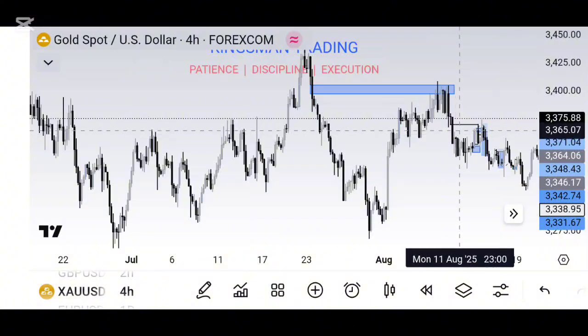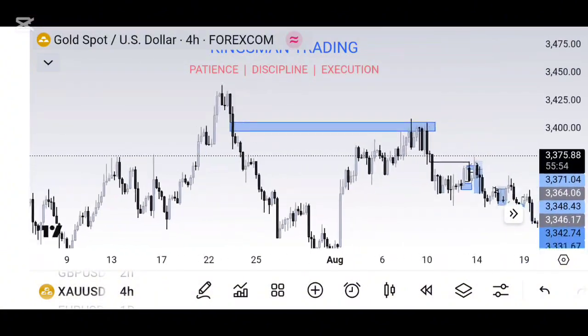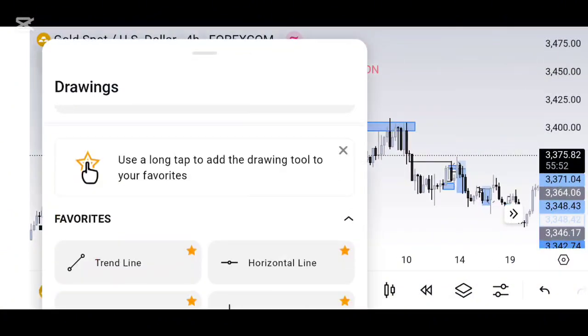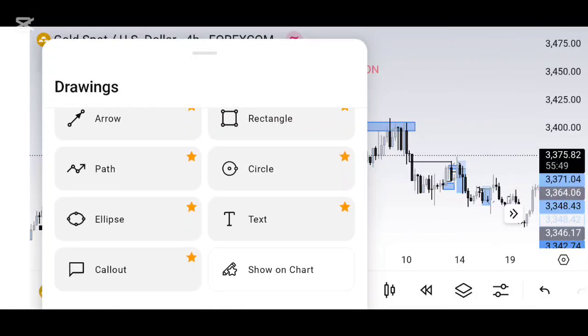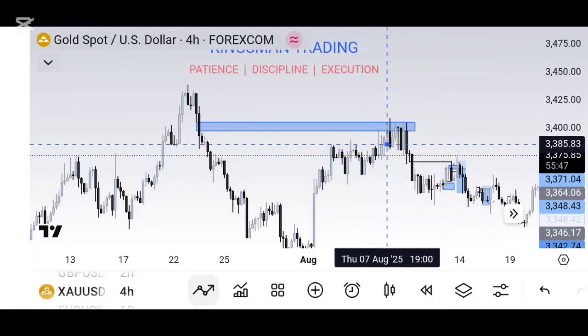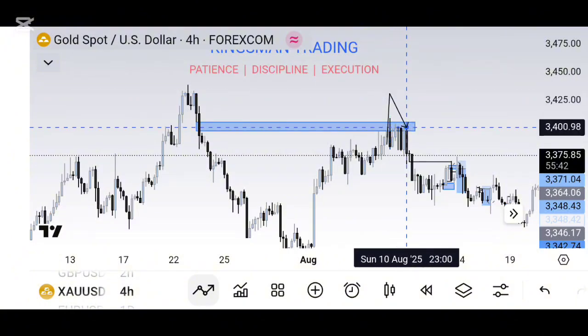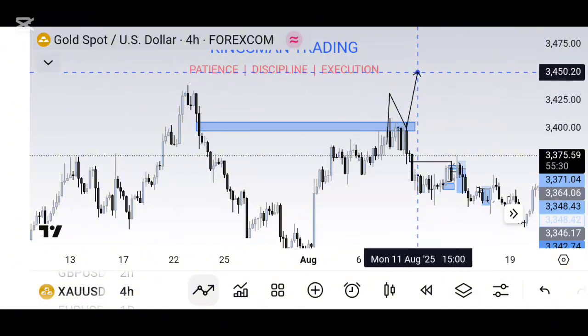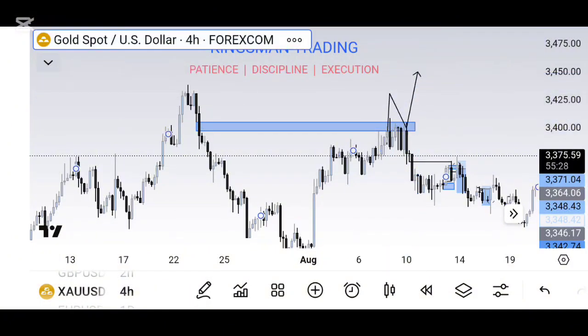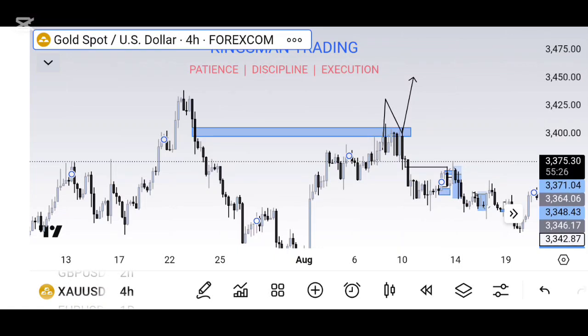and reversed, started going down. Now for an inversion fair value gap, there's a situation whereby you see price does something like this. You see price broke above this fair value gap. Price can also come back to this fair value gap and it's going to be called an IFVG, and then you can still take a possible buy position from this point. So basically FVG is for continuation, but when it's invalidated, it can be used to trade reversals. IFVGs are mainly used to trade reversals, FVGs are mainly used to trade